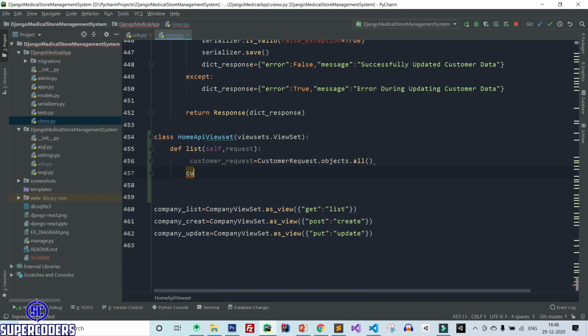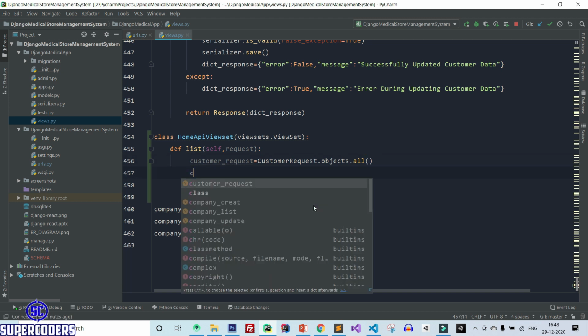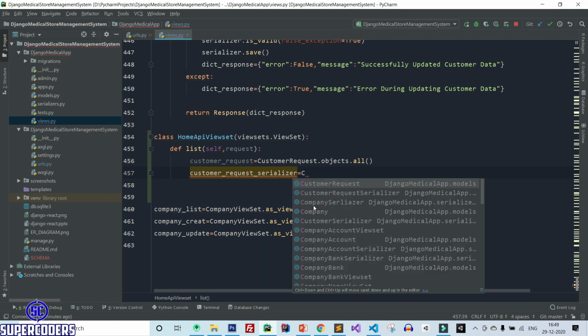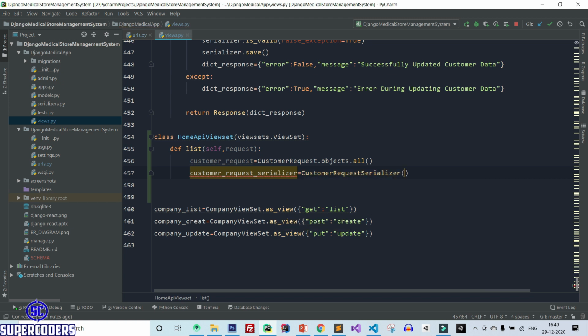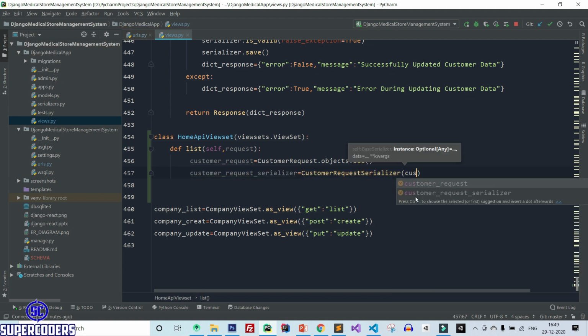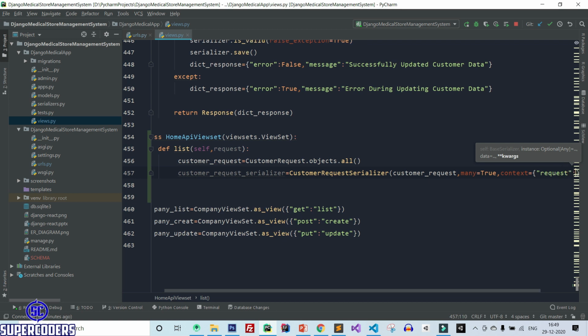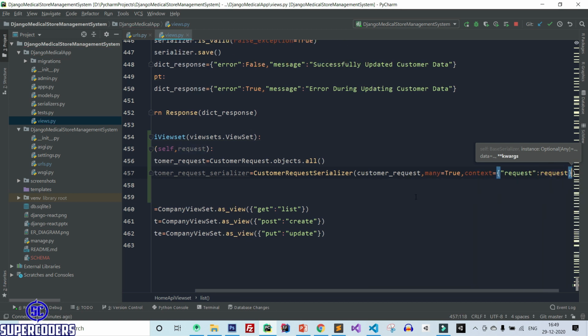After that, customer request serializer equal to CustomerRequestSerializer, passing the objects, so customer request, many true. After that, context equal to request, passing the request object.